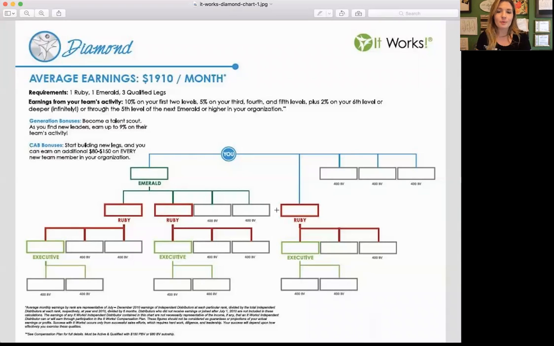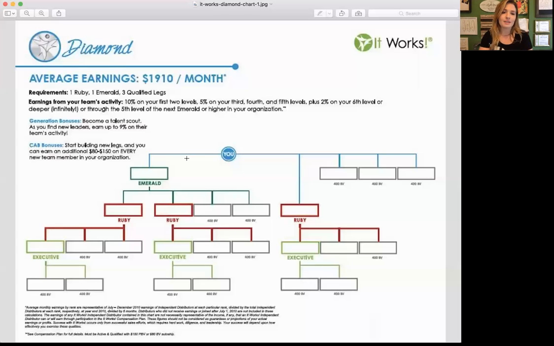Hey, Sarah, you promote to diamond in May, which would be phenomenal. So then any distributor that you sign after you go diamond, you're going to get that $100 fast start bonus, plus you're going to get $80 for that person. So you're going to get 180 bucks. Plus what's going to happen is, let's say